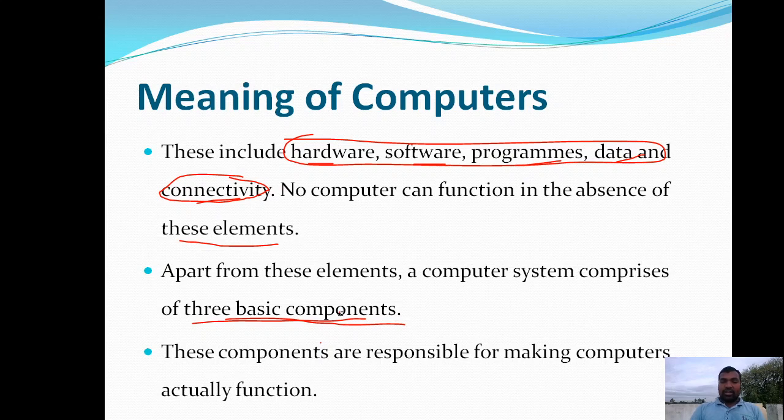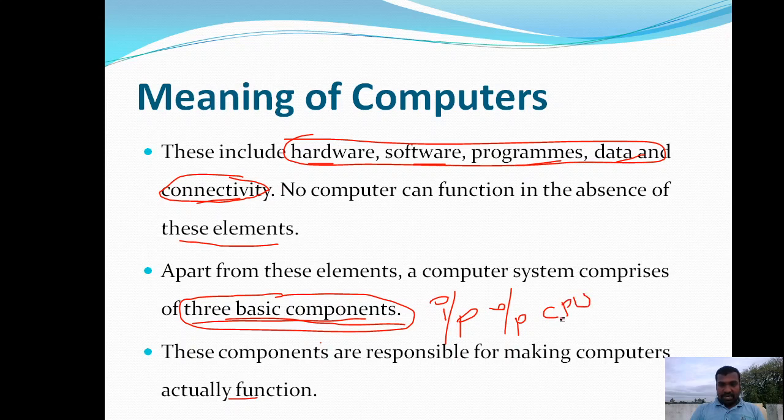We are going to discuss that in the coming slides. These are the three main components available in a computer.